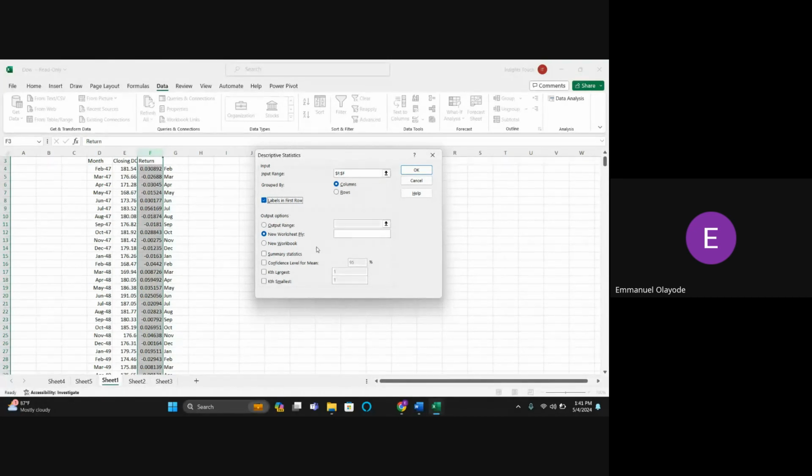Now, output in your worksheet. What are the things you want to get out? Like summary statistics. That's what I want to get out. It's going to give you a summary statistics of all this data that you have here. You can also give it based on confidence level, that is the upper confidence level and lower confidence level. Those are just statistical things. So if I click OK now,